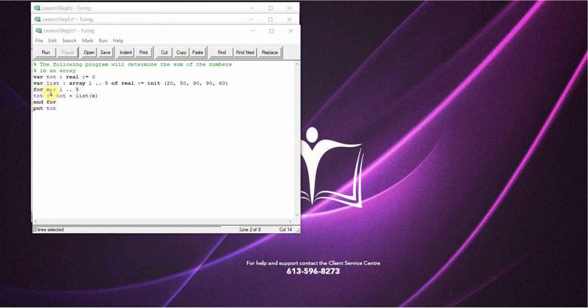This is the for loop, so it goes back up here. This time the x value is 2. So it's going to go look at list 2, which is 50. So 50 goes here plus total, or tot, which is 20. Add those two together and get 70. So the new value for tot is 70,